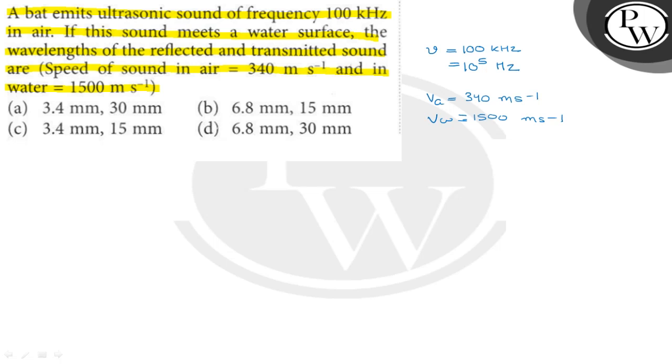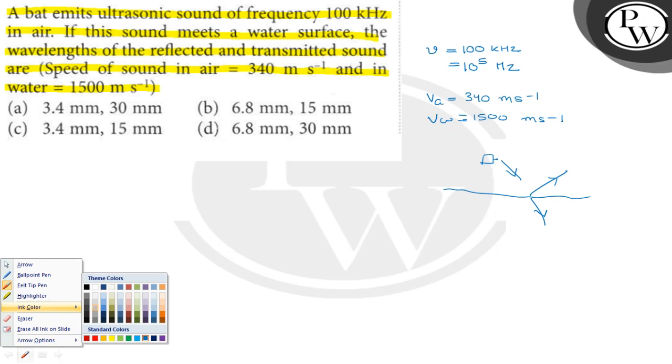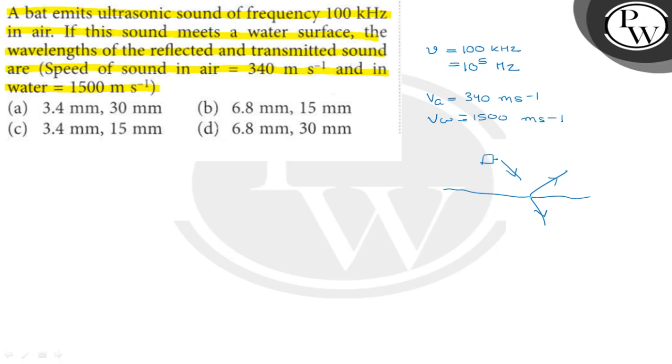So obviously, if this is the bat and it is emitting an ultrasonic sound wave, and this is the water surface, then after hitting the water surface a part of this will be reflected back into the air and a part of this would be transmitted inside the water. Okay, so the part of the sound wave which will be reflected back into the air, that will be the reflected wave,